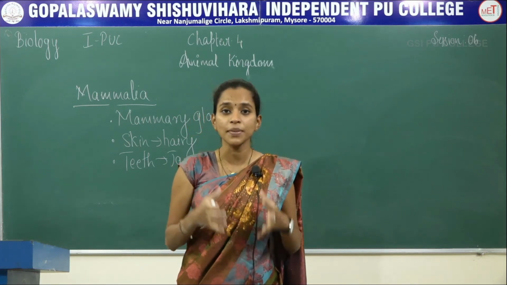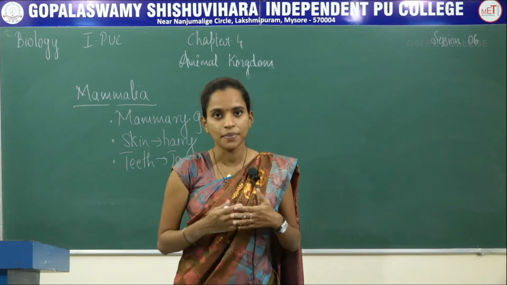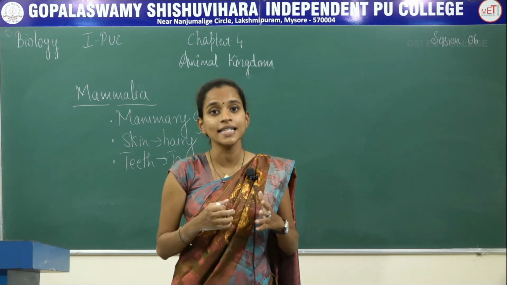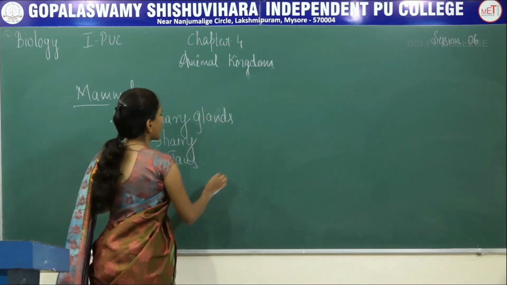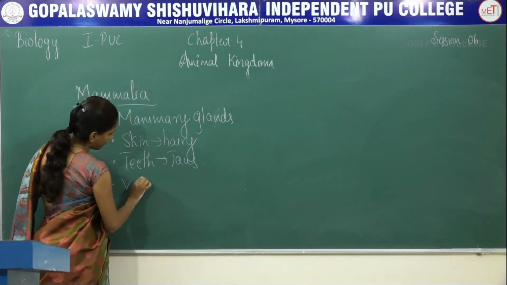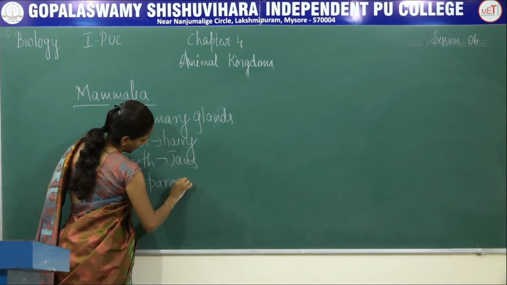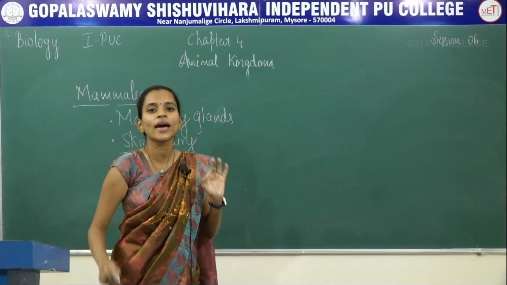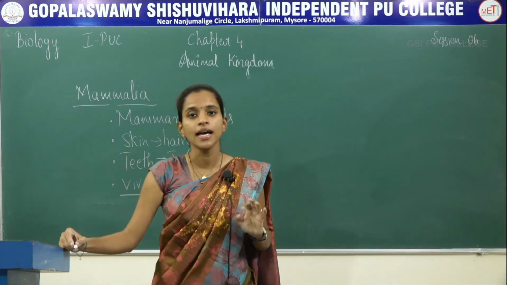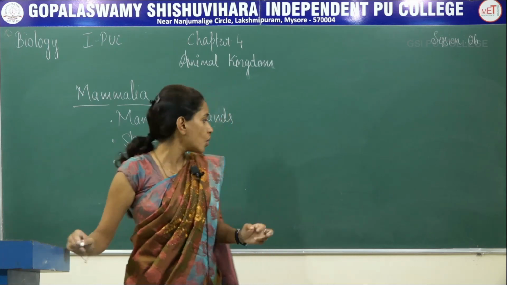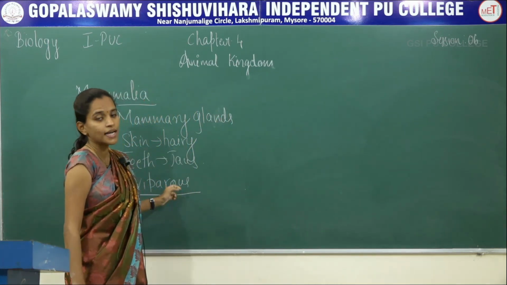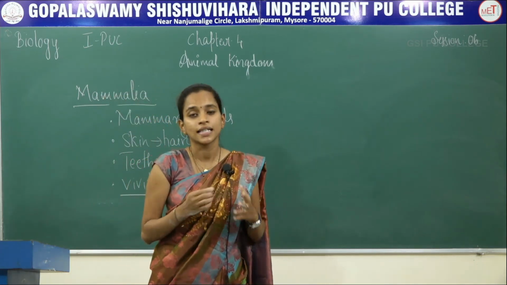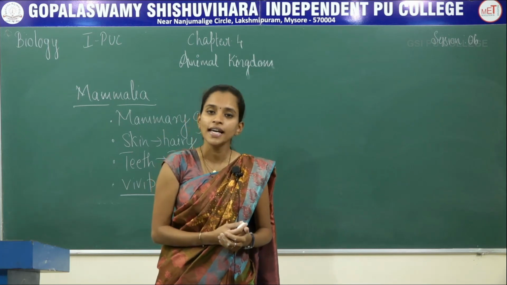But when it comes to reproduction, here the sexes are separate once again. They undergo only sexual type of reproduction. Fertilization here is internal. Most of them are viviparous in nature. So viviparous means they give birth to young ones. Very few exceptions are oviparous in nature, that is duck-billed platypus. So these are viviparous, that means they give birth to young ones, not laying eggs. Here the development will be completely direct. There is no involvement of any larval stage.